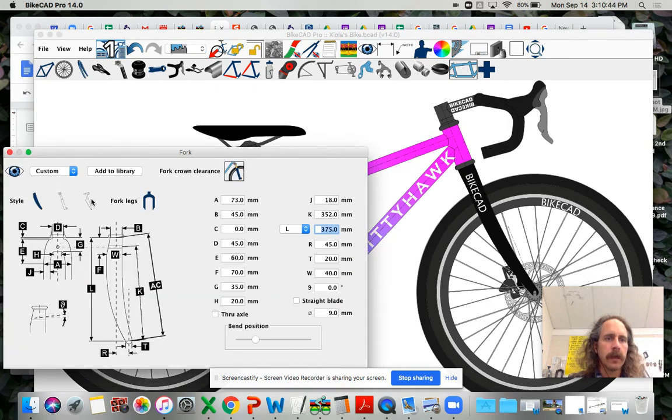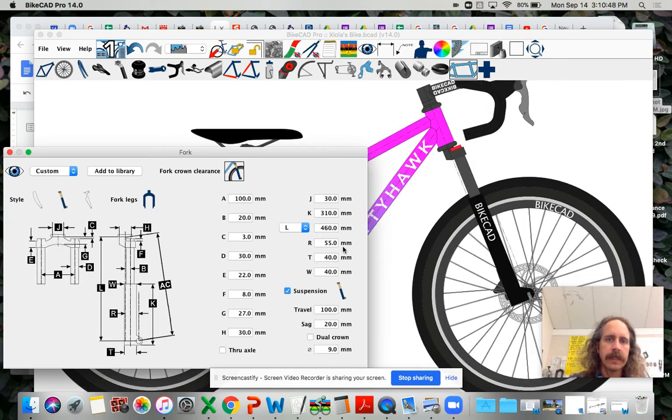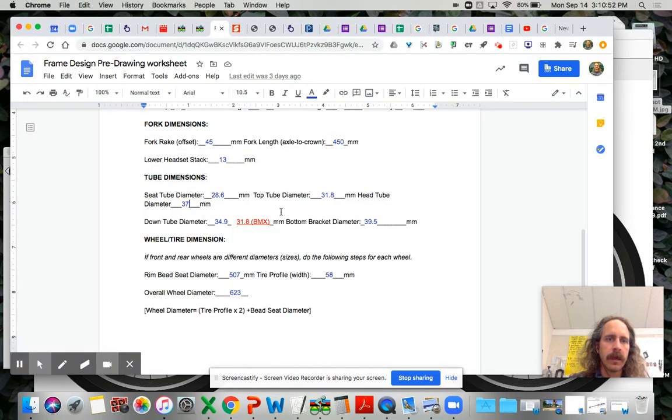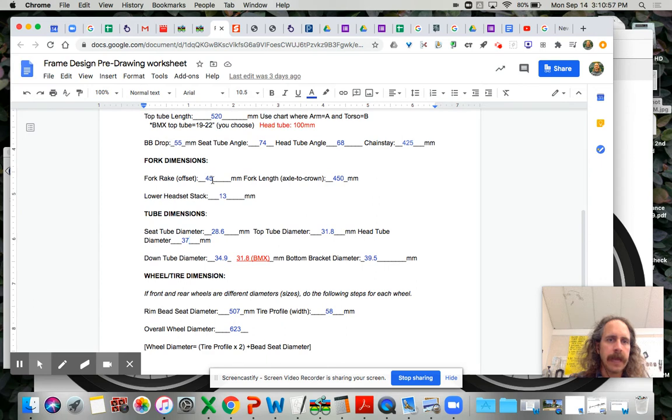Going to fork, I'm going to make it a mountain fork to begin with, and then I'm going to change my sizings based on my worksheet. So on my worksheet, I had my size at 45 rake and